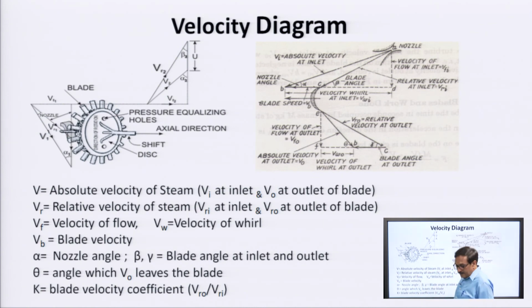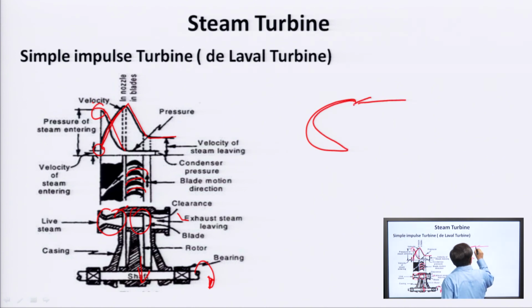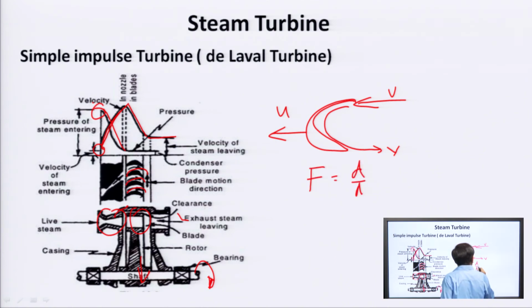If we see here again, what is the principle of working? In the case of this simple impulse purpose, suppose this is a blade and fluid with velocity v is entering, there is no friction, and it comes out with a velocity v. Suppose this blade is moving with velocity u, then we can find out what the force is. Force is nothing but the change of momentum,